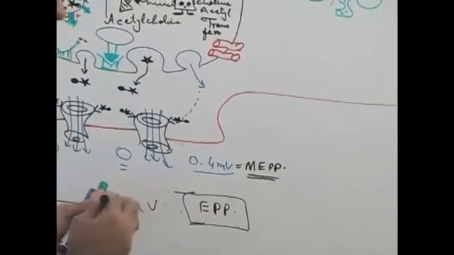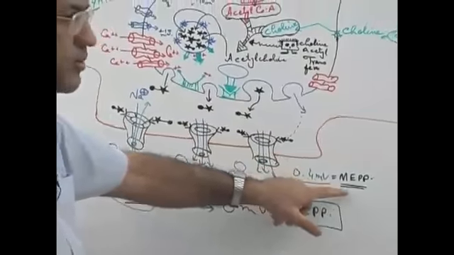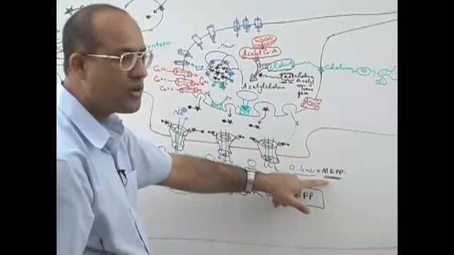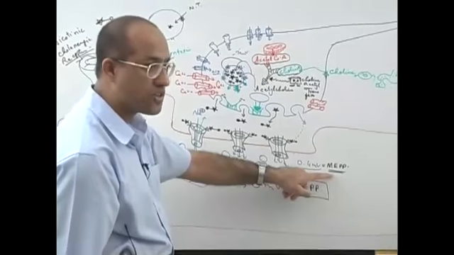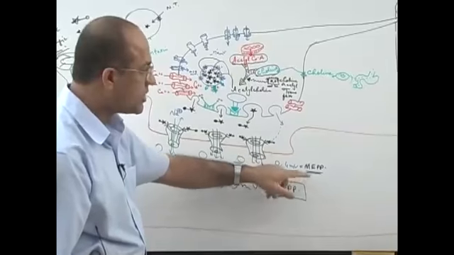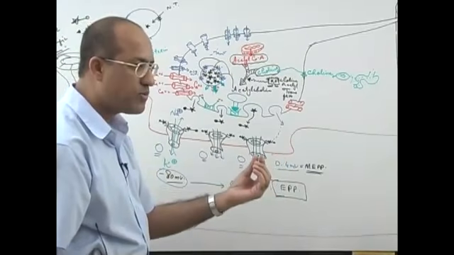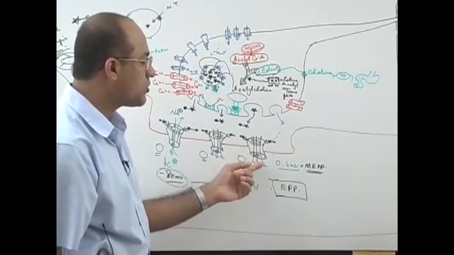So we can say that, now listen carefully, what is miniature end plate potential? Miniature is a very small end plate potential. This is the smallest possible. You cannot have an end plate potential less than this, right? Miniature end plate potential is a very small end plate potential, which is produced by